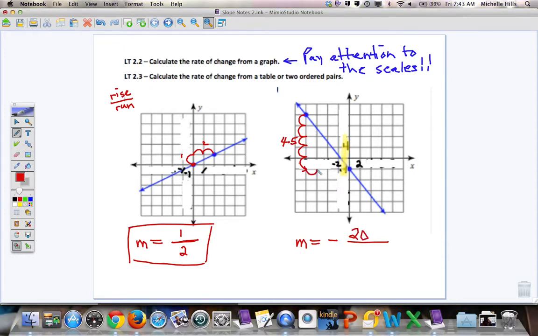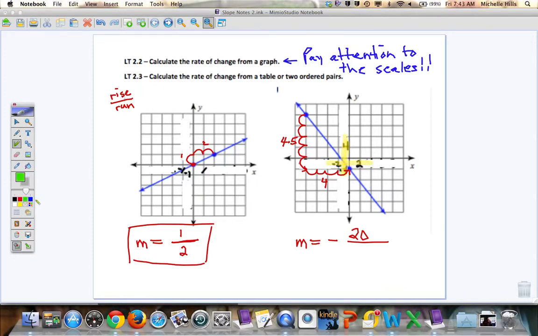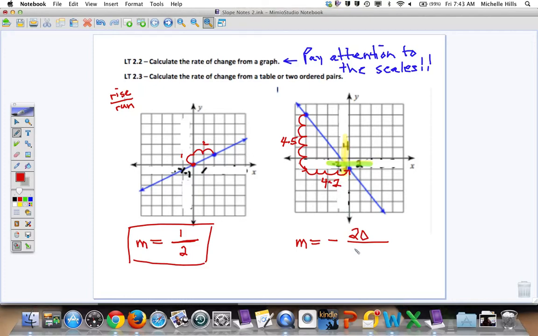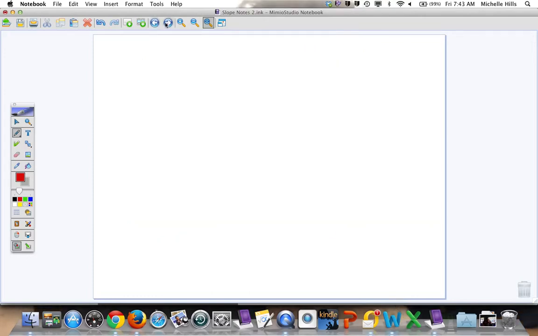And then I move 1, 2, 3, 4 boxes over for my run. But again, notice that on the x-axis my scale is going by 2s. So I need to multiply that 4 by 2 and say, if I'm with 4 boxes, I really moved a distance of 8. Now the expectation on these problems is, if you can give your answer as an integer,